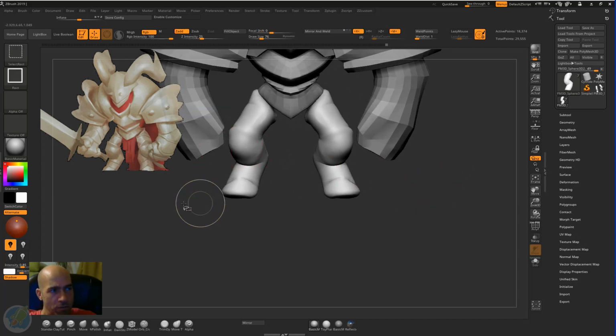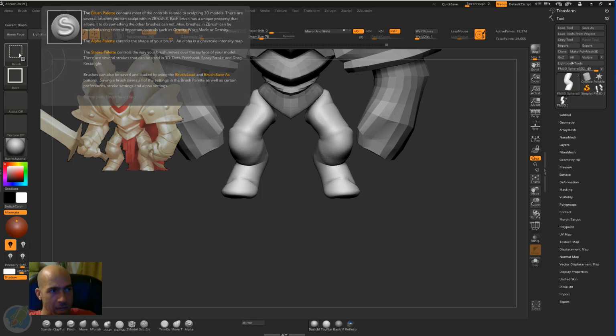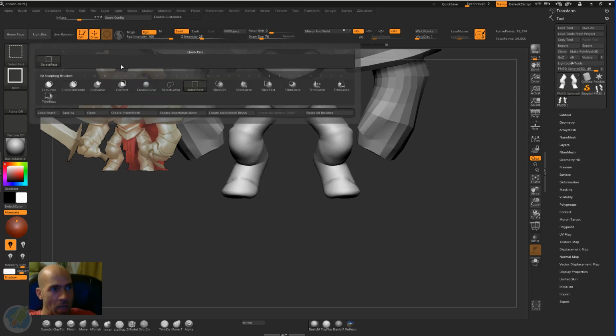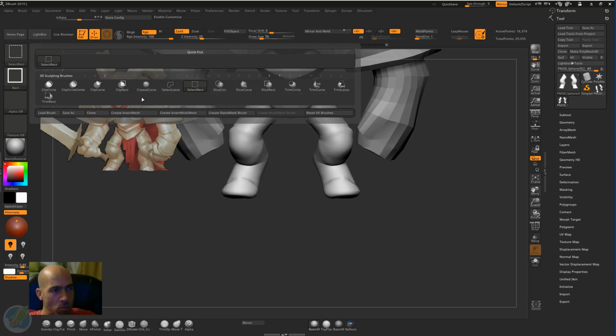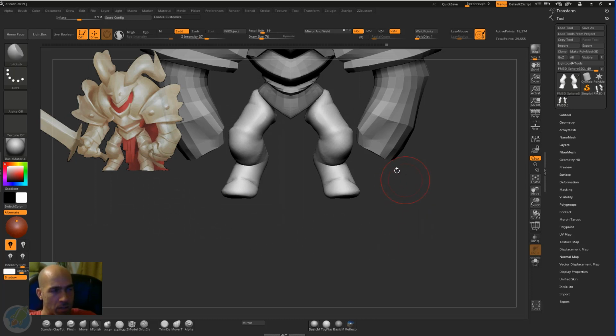So now Control Shift, and you see we have here Select Rect Brush with Control Shift pressed. I'm pressing it now. And then we can click on it while pressing Control Shift and go to Clip Curve Brush. Those are brushes that we can use when Control Shifting. Then Clip Curve Brush, and now I will release Control Shift and we go to High Polish again. Then when we press Control Shift, we go to Clip Curve Brush, and Clip Curve Brush is working like this, dragging from right to left, and then with space I'm moving it, and then it will flatten